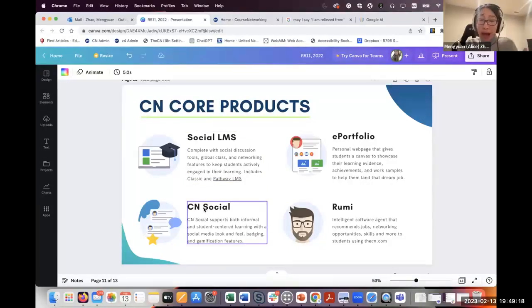We hide those learning management features like gradebook and syllabus, files, and modules, a task tool, other things the learning management system already provides. And we only gathered our most unique social and engaging learning features in this CN Social tool.